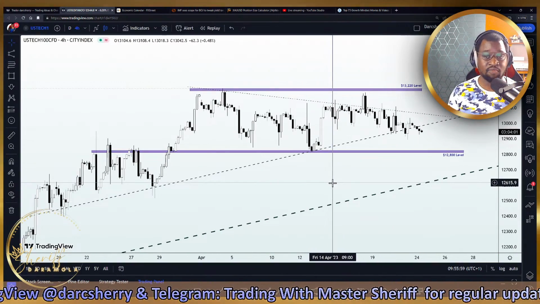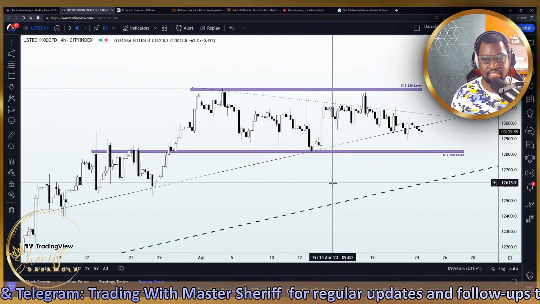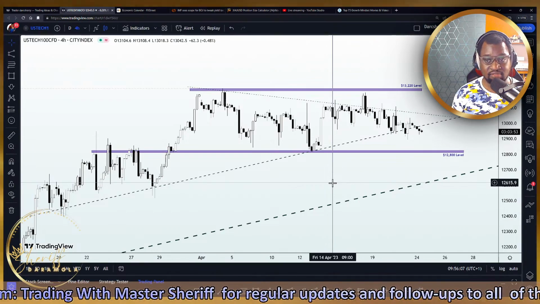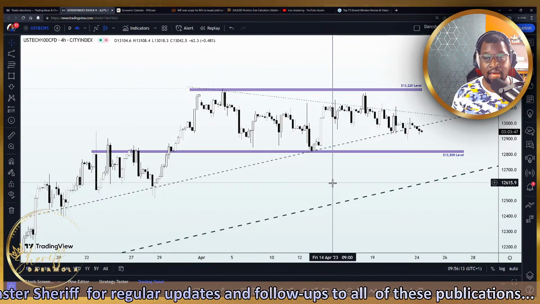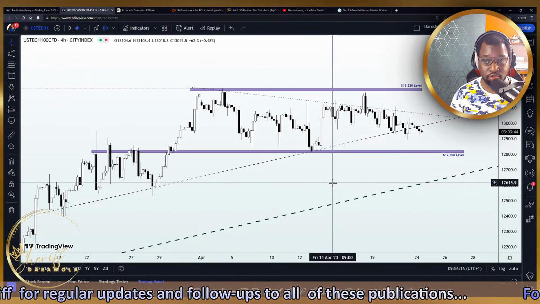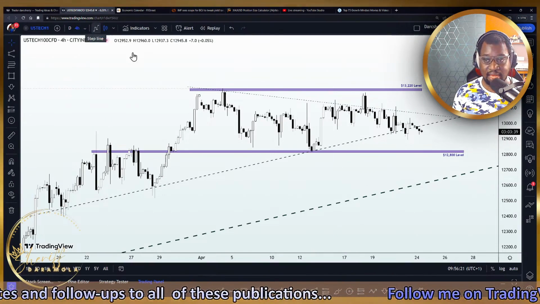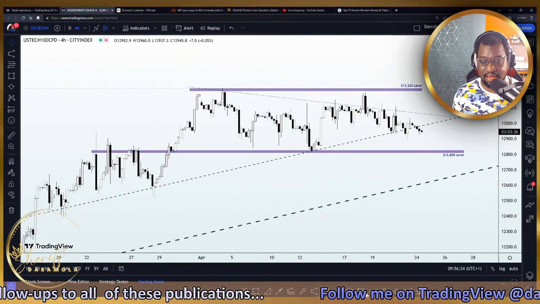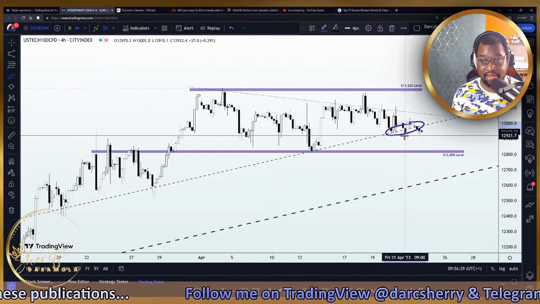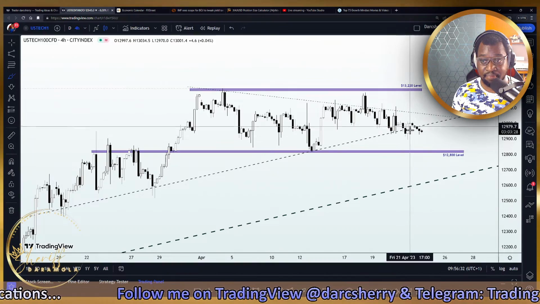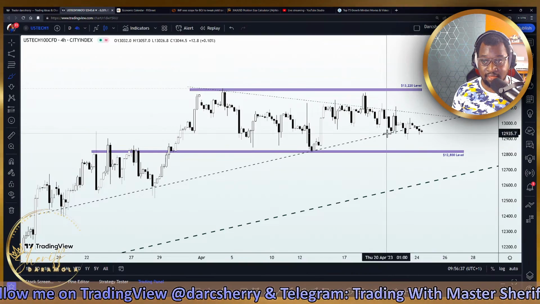So with this kind of situation, from a holistic point of view, it is quite obvious that price action is bullish. But getting into that range at this point, it's emphasized that there is an indecision in this market, hence the need to be very, very careful and then wait for signals to come in for us to be part of any trading opportunities. Now, if we take a closer dissection of what is happening here, we can see that this trend line here, price action is currently trading around that area. In fact, we had a breakdown of that trend line on Friday. Price climbed back up. Then we saw another breakdown happen during the early hours of today,